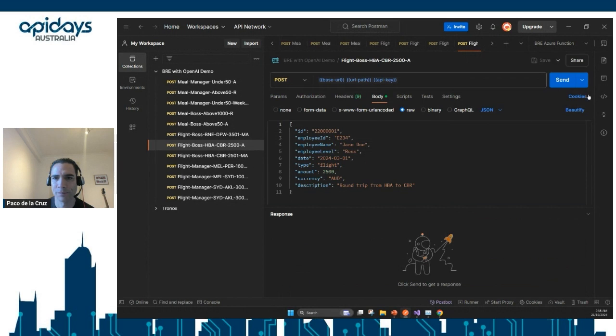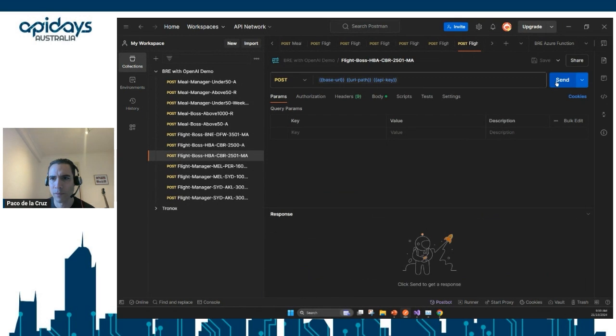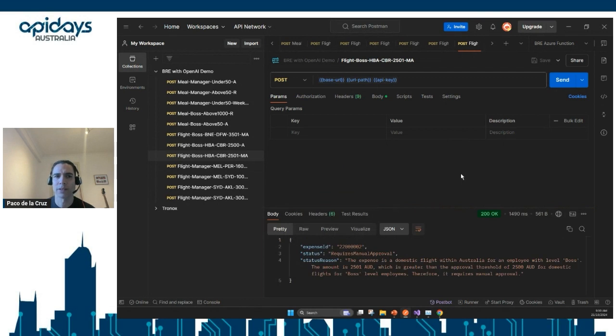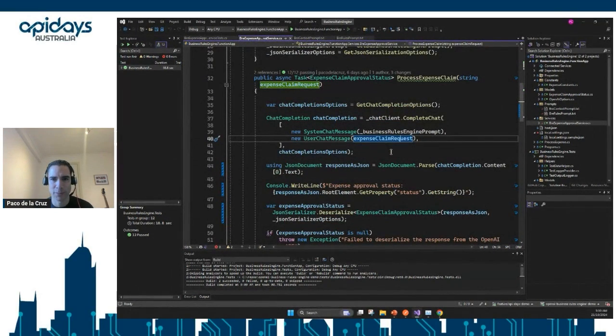So now we send this one. This is Hobart to Canberra in Australia. This was recognized as a domestic for a bus, right? So this was approved, and so on and so forth, right? So the model is being able to make these deductions from the description and taking the meaning of the data. So this API that I'm building in this very simple code here, right? It's just a wrapper specifying JSON output, is behaving as a semantic business rules engine with the LLM backend.